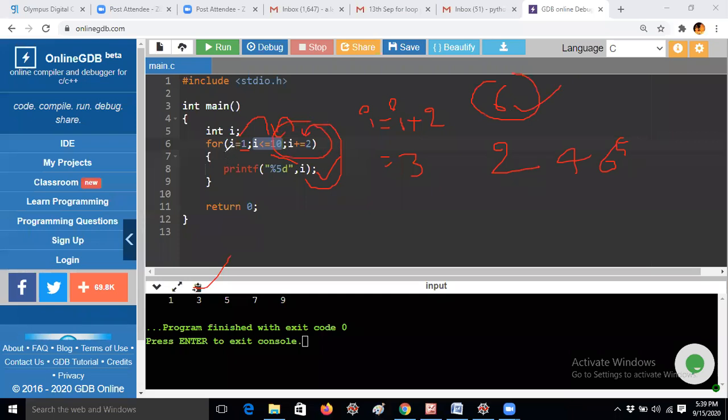But in the earlier case, if you write i equals 1, i less than or equal to 10, i plus plus, it will iterate 11 times. So whenever you think about the time complexity, that code takes a lot more, but whenever you write this code, it will take less complexity. This is the best code, I think.